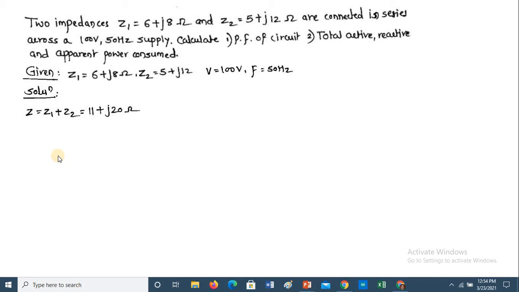Okay. So now I want to find out the power factor of the circuit, then the powers of the circuit: active power, reactive power and apparent power. To know these powers, VI cos theta, VI sin theta and VI, in all these three formulas I first of all require I. And in the given data I is not given. So how will I find out I? I is equal to V by Z. Because total Z is equal to the total applied voltage divided by the total current.